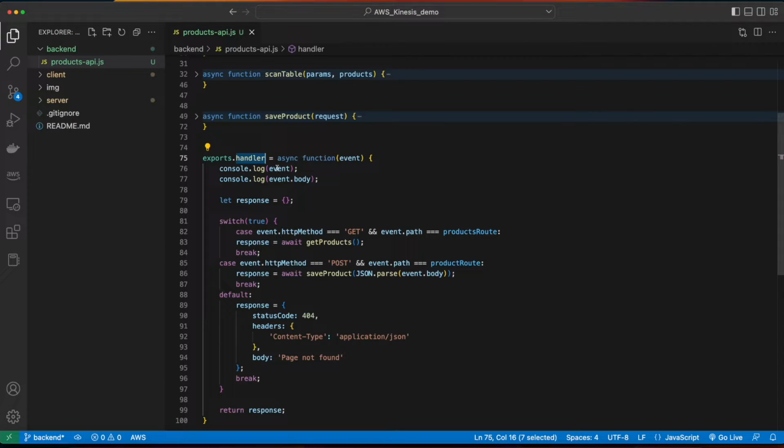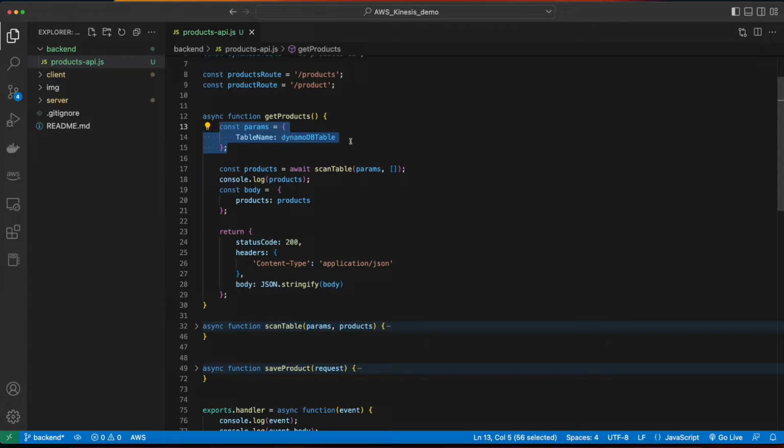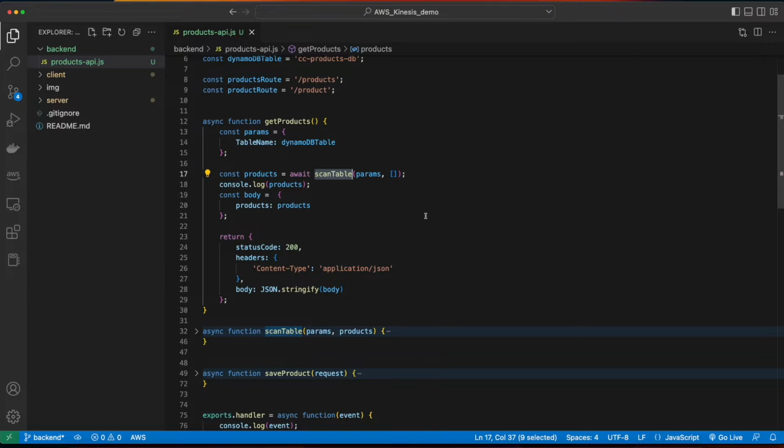In the handler function, I start by logging the event in the event body, which we can see in CloudWatch, then create a variable for the response. I have a switch statement with a case looking for a GET request to the products route, which will return the result of an asynchronous call to the getProducts function. GetProducts creates a params object specifying the table name, and then calls a scanTable function passing the parameters and an